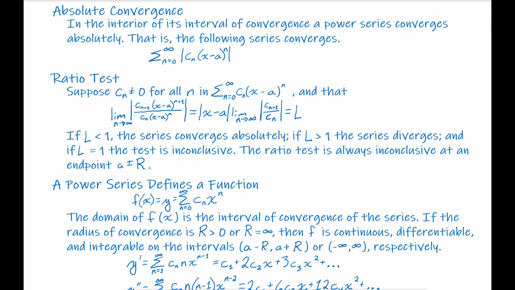And that's telling us that the series diverges. And finally, if L equals 1, that means as we go to infinity, we've got some balance happening in some way, maybe. It's telling us that the test is inconclusive. So the ratio test is always inconclusive, actually, at endpoints of our a plus or minus r, so our interval